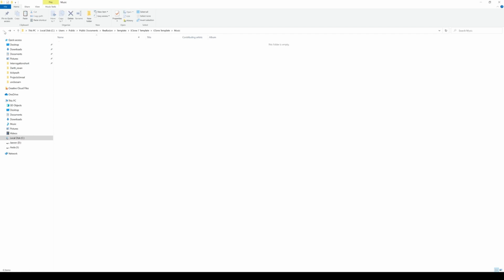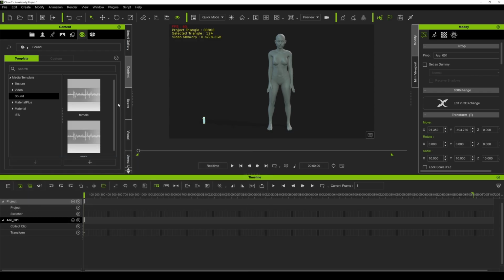I'm going to go back, paste, and let's go ahead and copy the male there. And since this is synced up to our body mocap, this is going to work amazing. So I'm going to drag the audio clip through the dummy. If I press play,